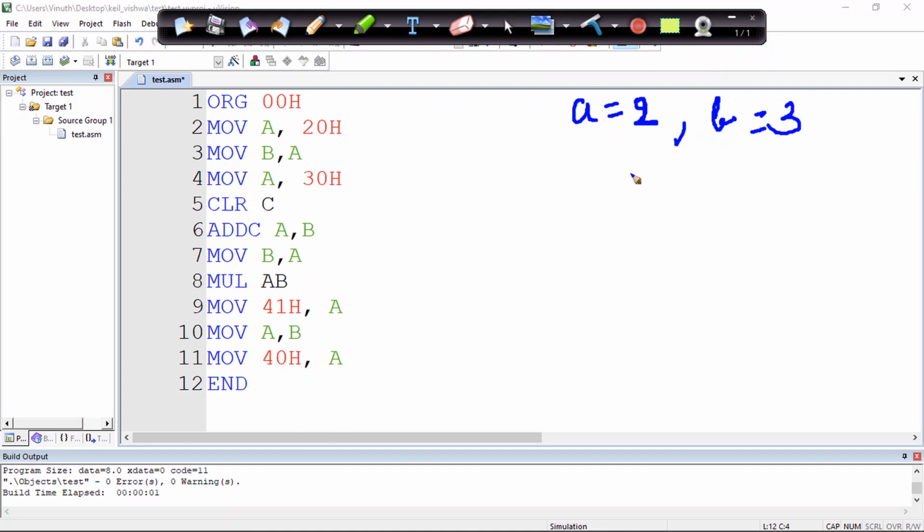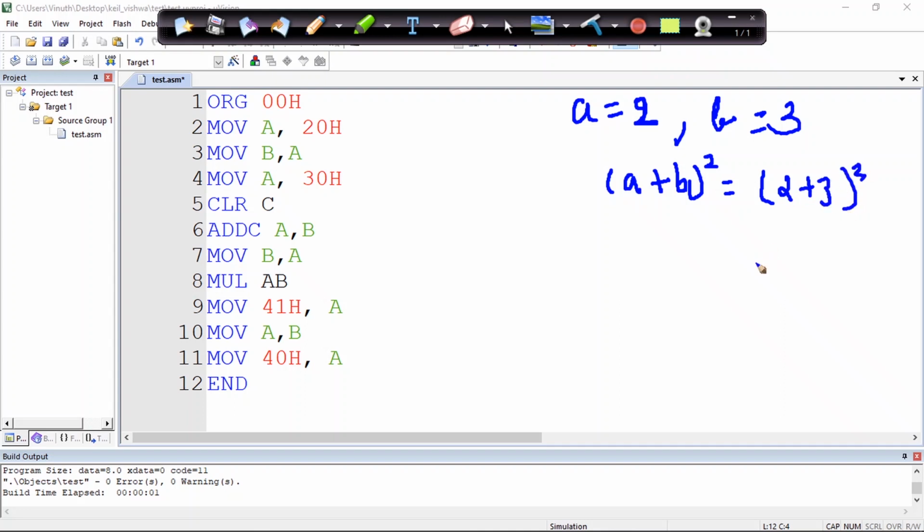So (A plus B) whole square is the operation we are going to do. That is nothing but 2 plus 3 whole square.